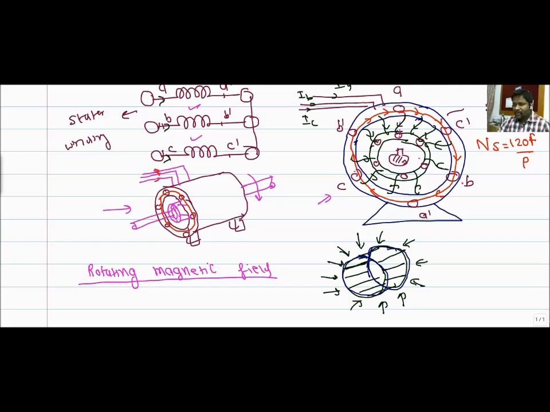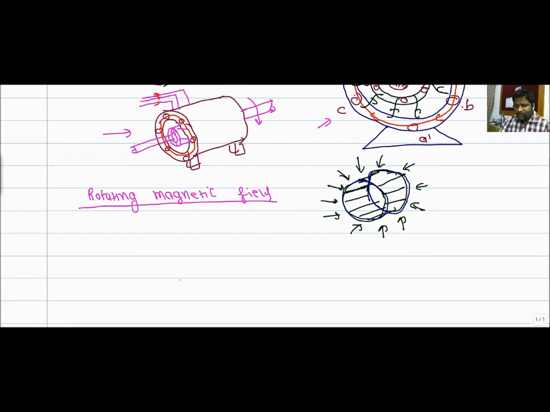So we have seen that when the supply is balanced and the coil is balanced, then a rotating magnetic field is generated in the coil, which tries to cut the stationary rotor bars or rotor conductors. Let us suppose this is the rotor bars, this is the X bar, and this is the rotating magnetic field. This is the field Ns, and it will be cut at this point, at this point, at this point. If we consider the conductor X,